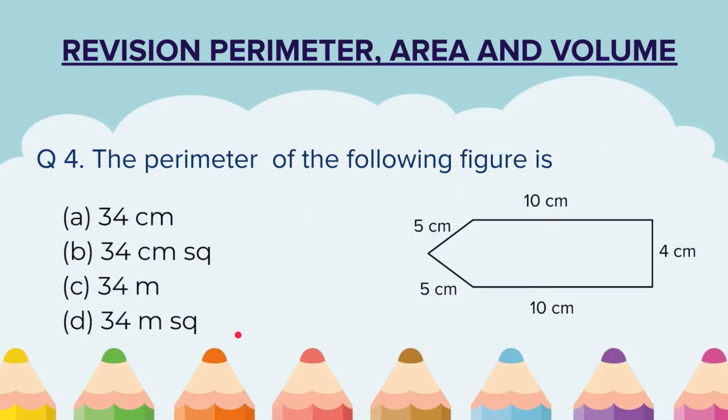The perimeter of the following figure is, the figure is here on the right and you have to find the perimeter. A hint, perimeter is sum of all sides. If you have a question like this, 34 is there in all the 4 options. You don't even have to actually go and add these numbers. When you add all these, you will get 34. I can tell you even without calculating because all the 4 options have 34 as the number. Now what you have to do is you have to tell which is the correct unit. Sometimes in multiple choice questions, you can skip the calculation by looking at the 4 options. So this is a question of that category.